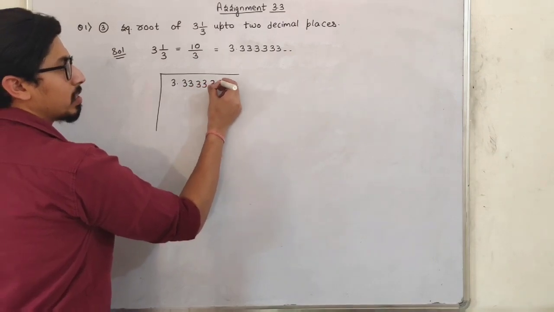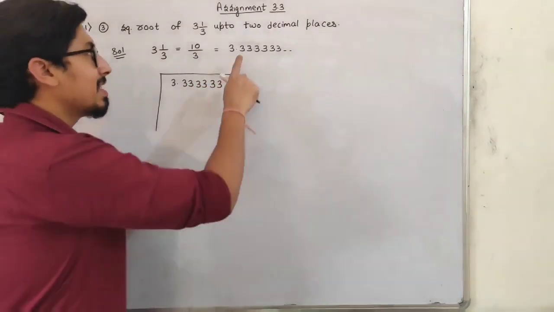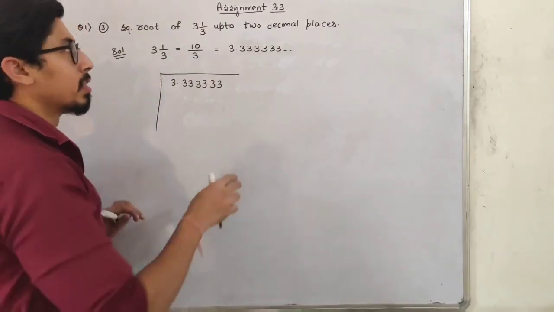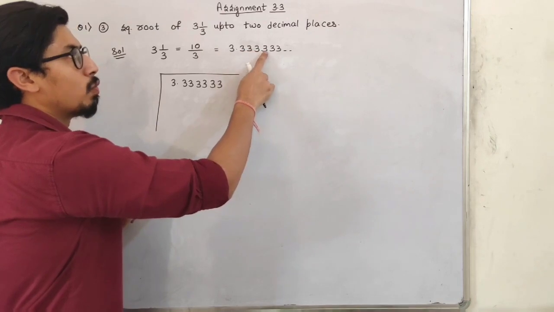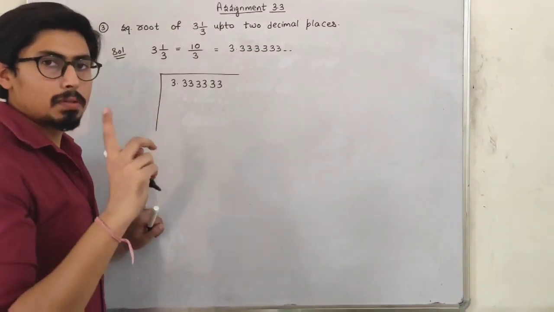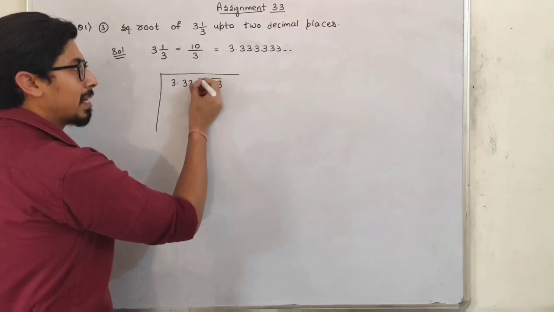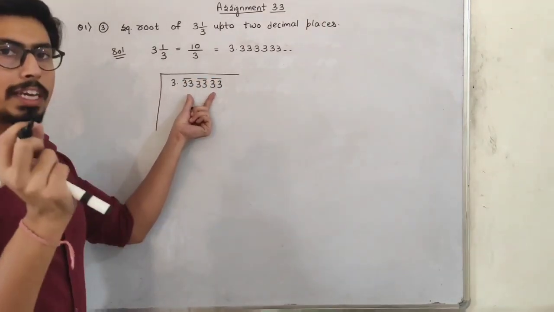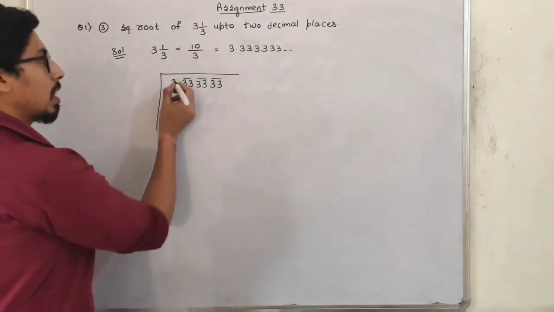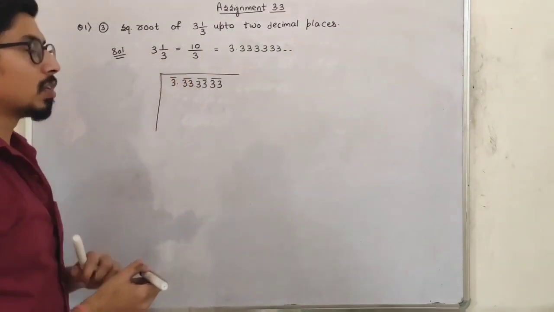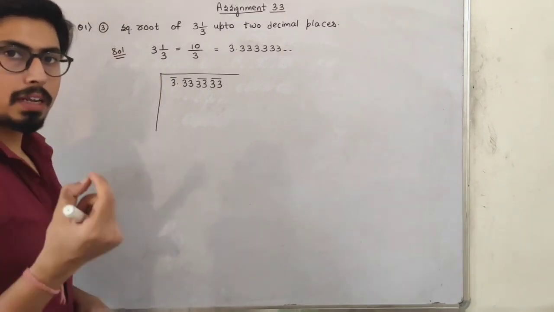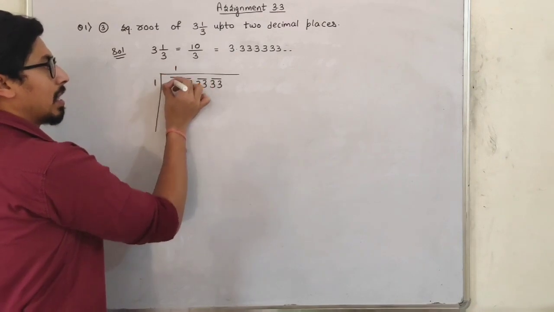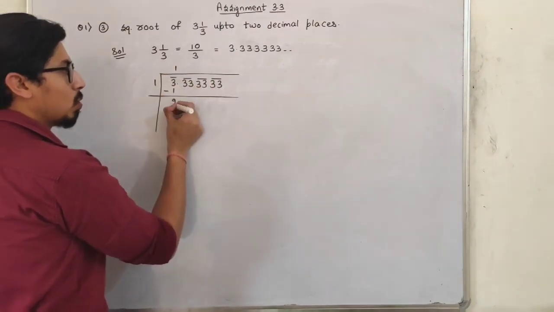3.3333, and 3 students. See, students, take these 3s in pairs so that we can place a bar over them also. Okay, I have taken 1, 2, 3, 4, 5, 6, six 3s, because I will just place a bar over them, and all these 3s are placed under each of the bars. So the remaining is just 3. We will take the number whose square is nearer to 3, that is 1. So 1 here, 1 here, and if I subtract 1, it will be 2.